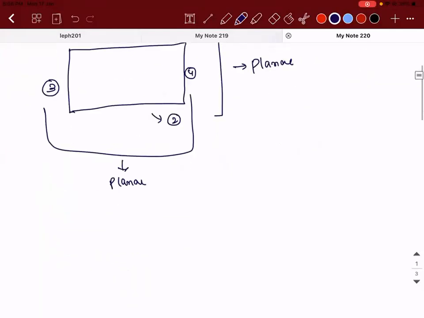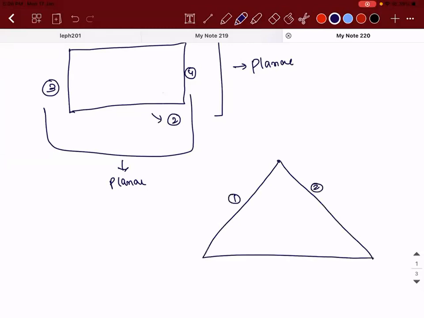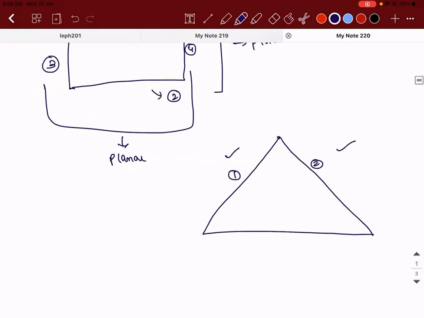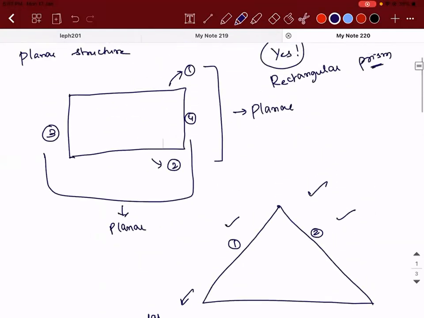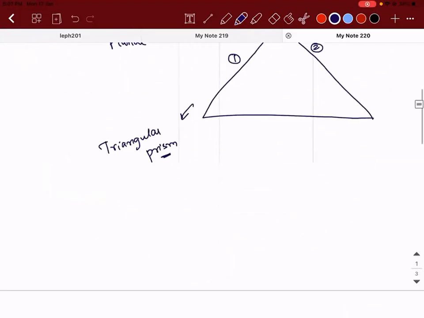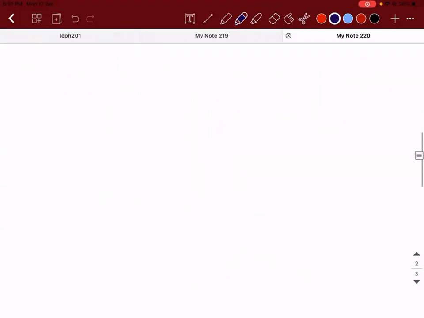In a similar way, if I think of a surface like this, where this is the first surface and this is the second surface, both are of planar structure in nature, then this kind of a prism is what we call a triangular prism, right? And our topic of discussion is going to be restricted with respect to a triangular prism. This rectangular prism is what we technically call a glass slab also. And we have seen how this glass slab would refract the light that is passing through it. So when I take this triangular prism,